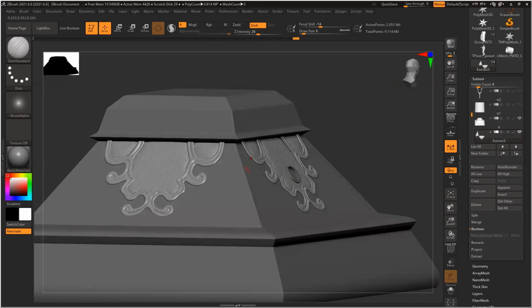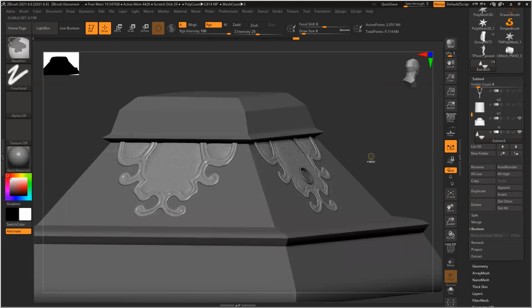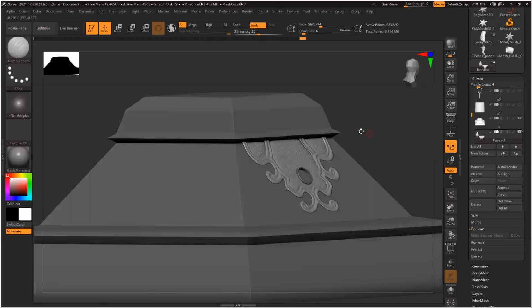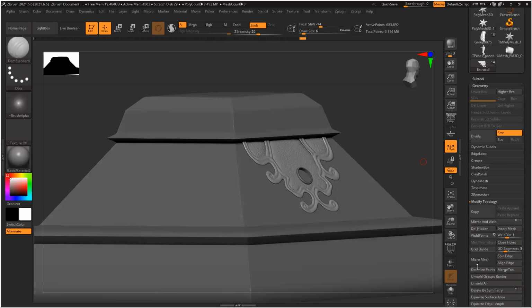Or I can just simply place this again and again and do it. That will be really a waste of time. So, Control and Shift, press them. Select lasso tool. The rest of the parts are vanished. It's isolated. Go to geometry, no subdivision, delete hidden.